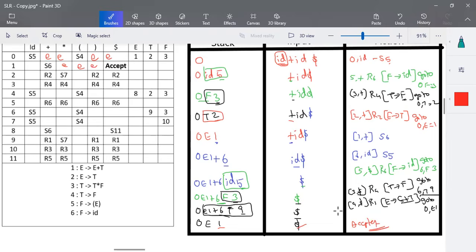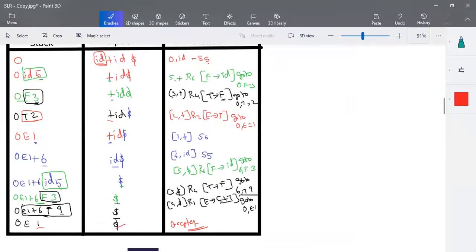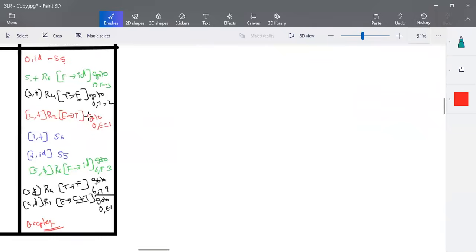Okay, so this is one example, and this will show how we actually do parsing in this. Okay, and I'll show you how to write a derivation or draw a parse tree out of it. So this is the input that we have taken, ID plus ID dollar. And here, this first element ID is reduced to F plus ID dollar. And this F is reduced to T plus ID dollar. See, I'm just using this prediction. F tends to ID, T tends to F, and E tends to T. This T is reduced to E, ID dollar.